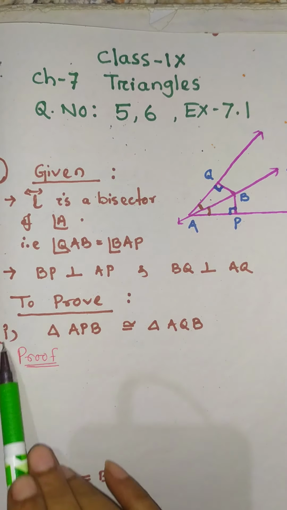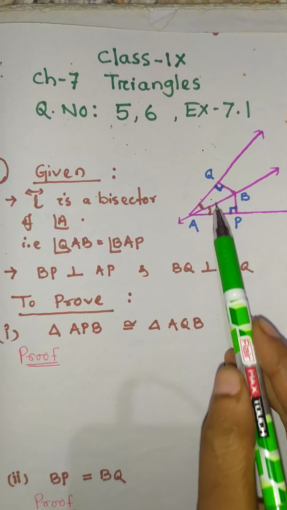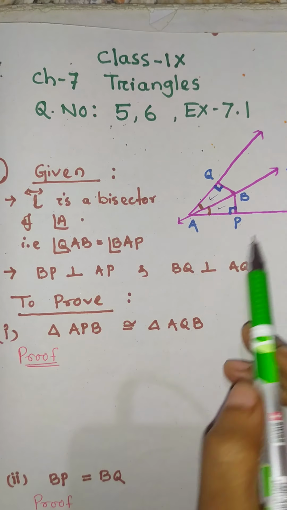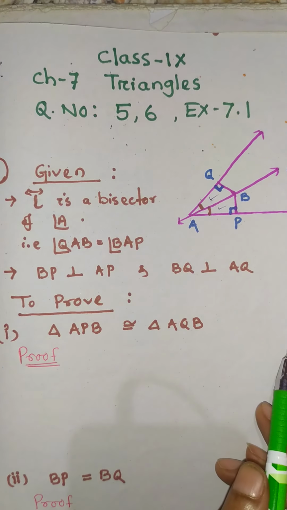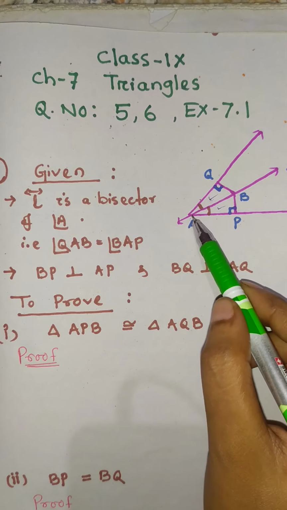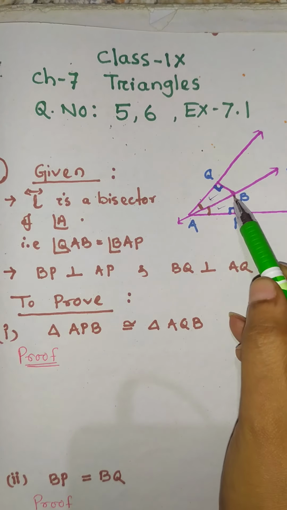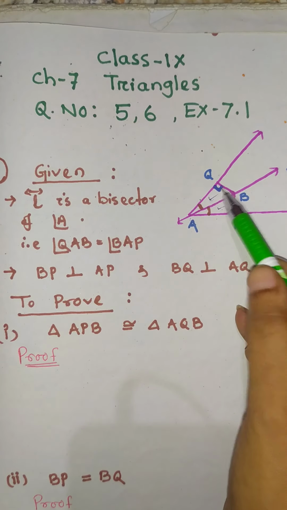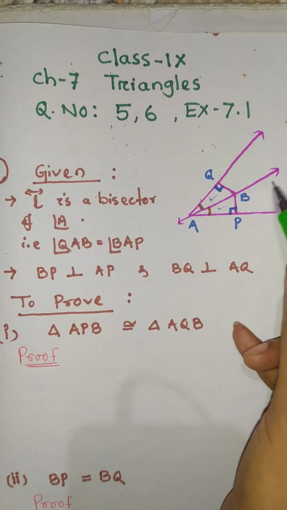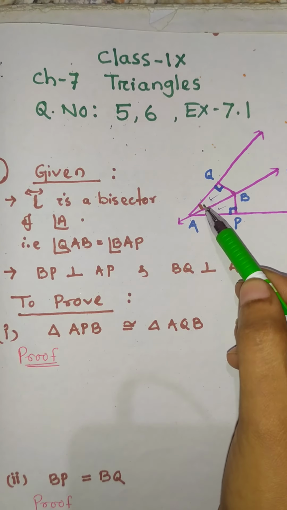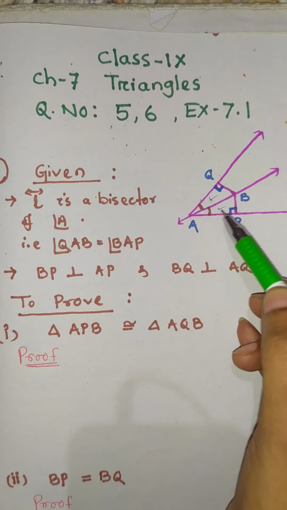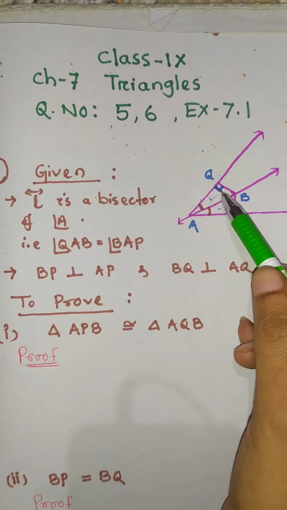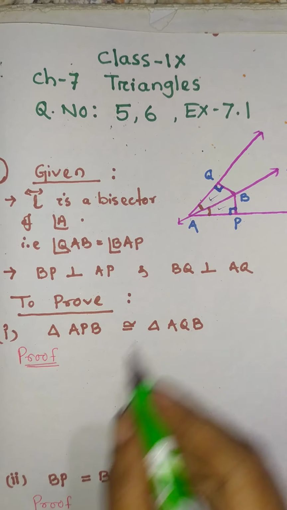What we need to prove, in bit 1, is that this triangle is congruent with this triangle. That means triangle AQB is congruent with APB. Now mark here that this side is common. AB length is common in both the two triangles. This angle and this angle are given as 90 degrees as they are perpendicular, and mark that line L is an angle bisector. That means this angle is equal to this angle. So ultimately we have two angles and one side in common, so we may use the angle side criteria.